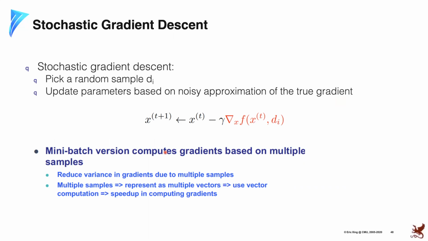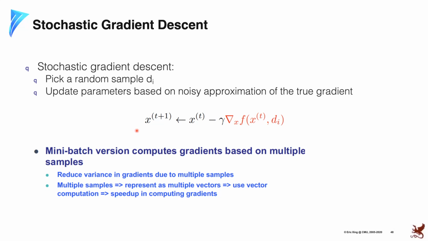Before that, we just have a quick recap of the algorithm of stochastic gradient descent itself. For stochastic gradient descent, every time it will randomly pick up a sample, one data point from the training data, and then it will try to update the parameters based on such a single data point, right? And every iteration, it will randomly pick one iteratively to do the update. And later on, there are some mini batch